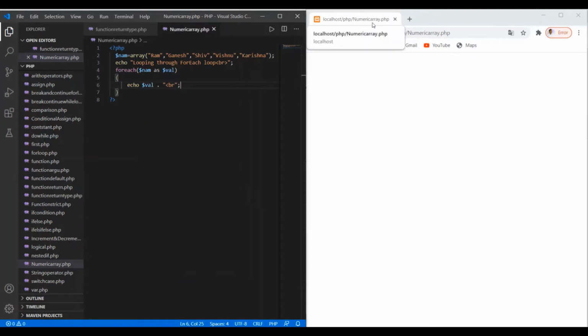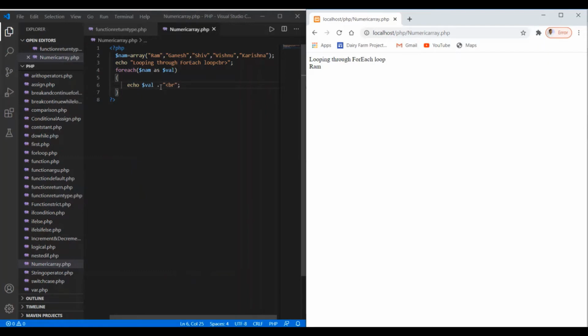I'm going to save the changes here. I have created a file and opened the file with the name numericarray.php, and this is the same file here. Now I'm going to refresh this in the browser. Looping through foreach loop, and it's going to display only one value here. There might be something wrong, so in order to correct that, we have committed some mistake here.